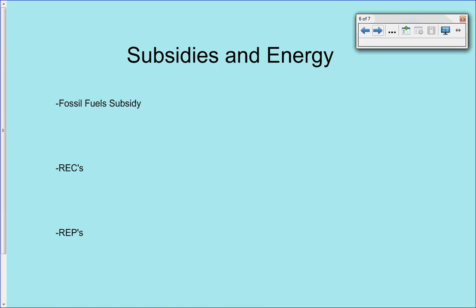Now let's focus. The last thing I'm going to do is talk a little bit about subsidies and how they focus on energy. Right now there are really three ways that we see subsidies acting in energy. The first is a fossil fuel subsidy. Because we do need energy, the government is offering companies subsidies who can produce energy at a minimal emissions level. So if they can produce energy without polluting a lot, they will get some money in turn for that. In terms of our renewable energies,